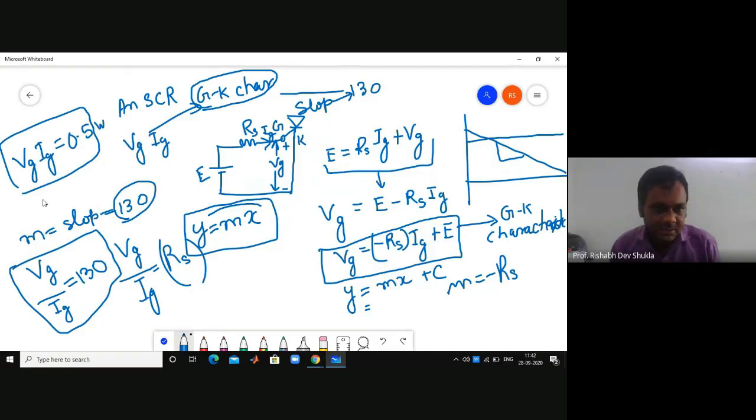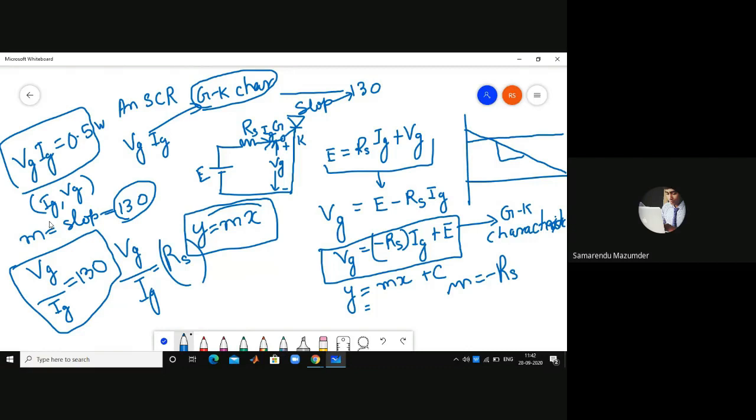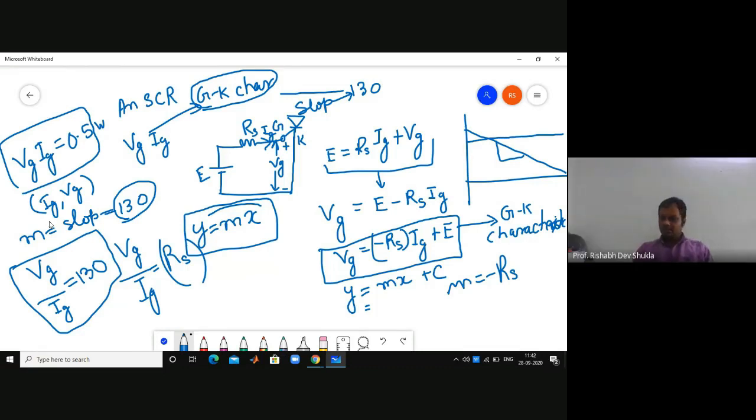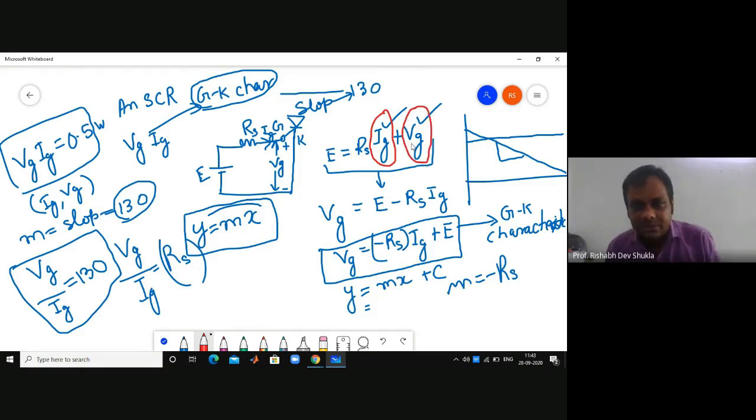And solve it and find out the value of Vg and Ig. You have two equations, then you have to find out the value of Vg. And now, after finding Vg and Ig, you are going to put them here, here, and here. In this equation, you have to put these values. After putting these values, and according to your question,